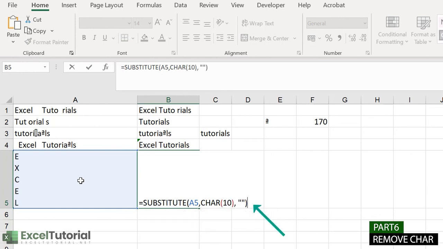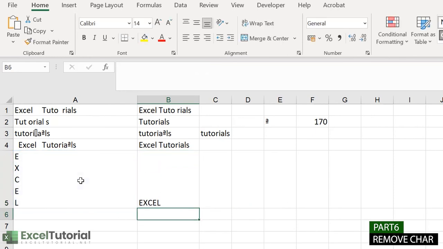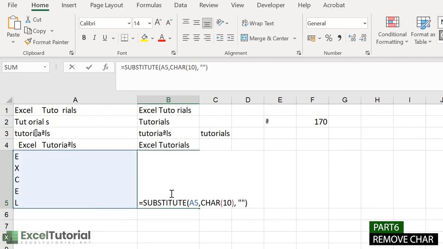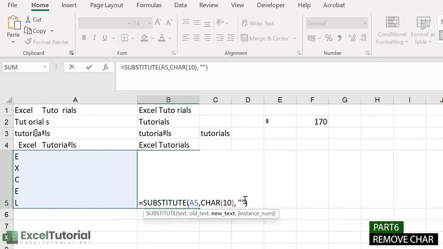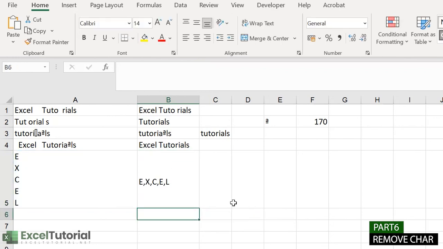If we close it, let's see what we get. We will get this. You can also apply a comma or a space here. Let's try the comma: it will add the comma in place of the line break. So that's how you can use these functions, TRIM, SUBSTITUTE, CLEAN, and CODE to identify the code. You can also do that with CHAR.